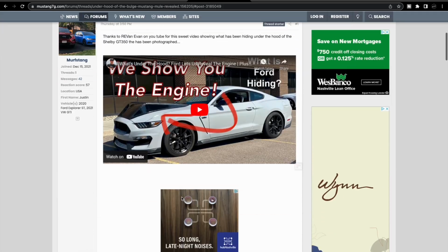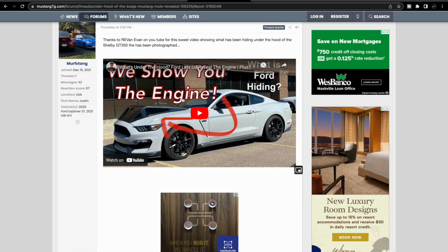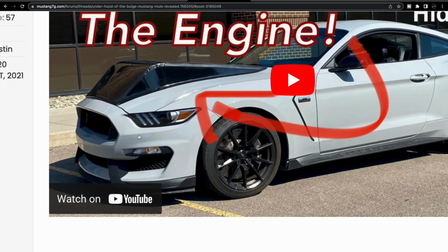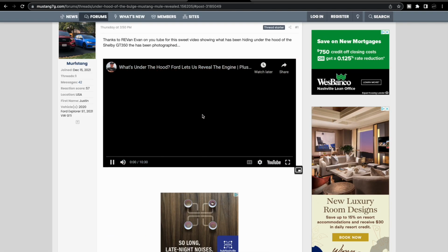All right, and last but not least, remember this Mustang that had this huge hood bulge? You guys remember that, right? It was this prototype that had this massive bulge. Well, here's why. What do you guys guess? You think it's because they...